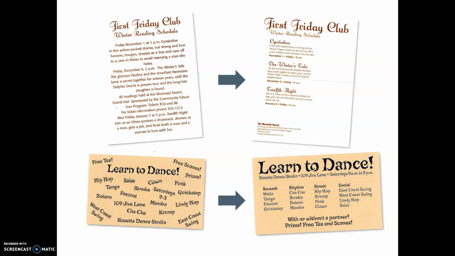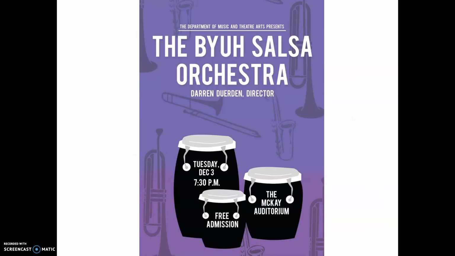So this is the power of using proximity or using white space. Our eyes are drawn away from the white space and to where there is information. And so using white space is a very good way to organize your design. So here's one from an old BYUH Salsa Orchestra performance, and you can see that your eyes are instantly drawn to the drums. And each drum has information for you kind of clustered in